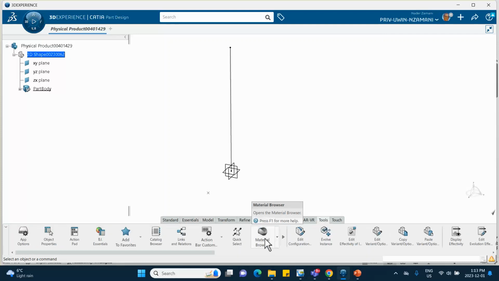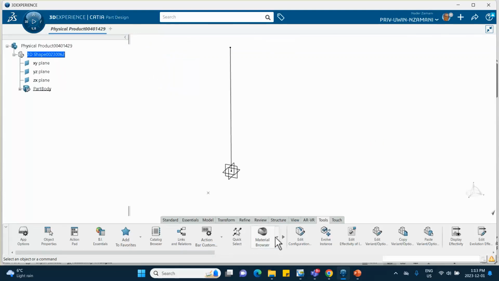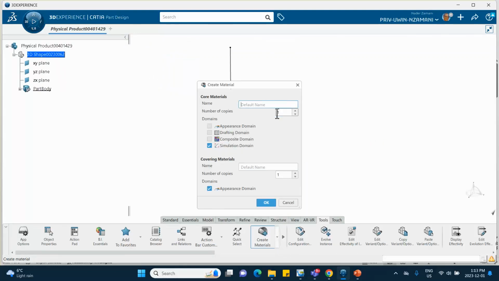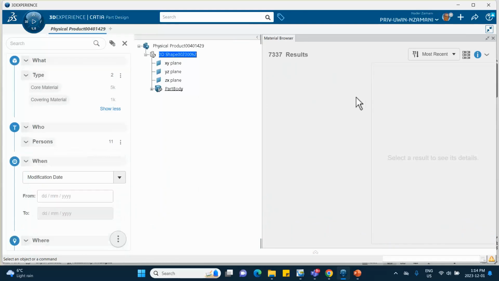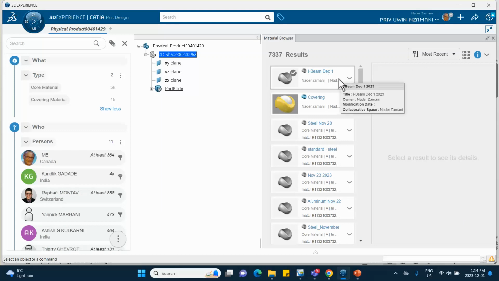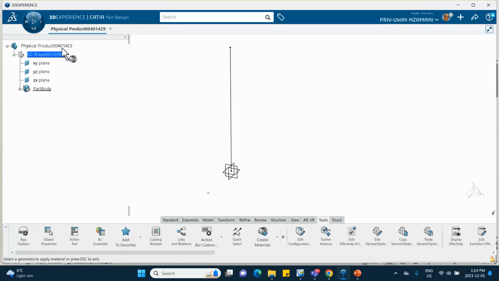So tools, let me make one. So create a material. And I'm going to call this thing I-beam. And today is December 1, 2023. Nothing fancy, it's just a linear elastic problem, properties of steel. Let's wait for this to show up right here. You apply it to this part. Click on the green check mark,